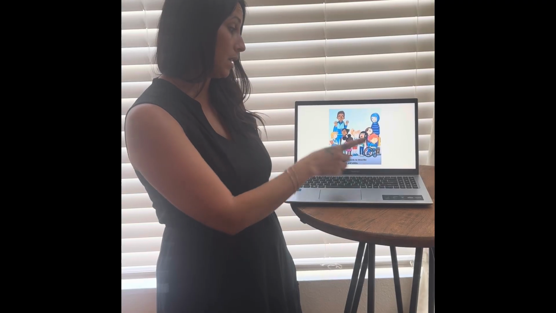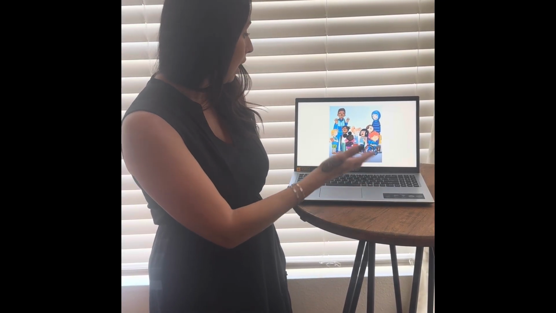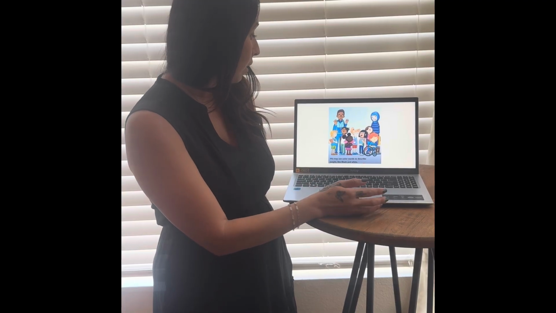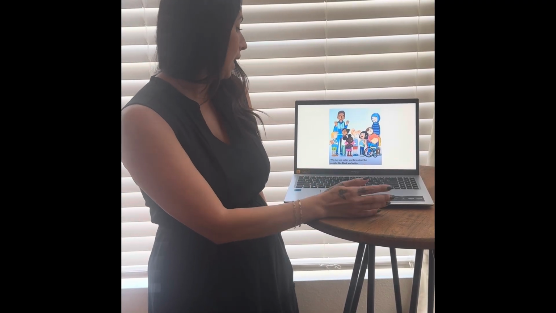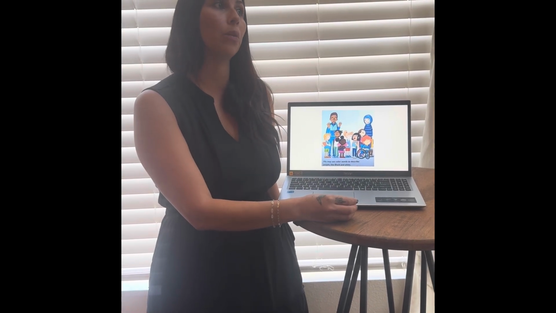There's diverse abilities in this. There's religion. There's race and ethnicity, and the words though in this book I thought were really important because it